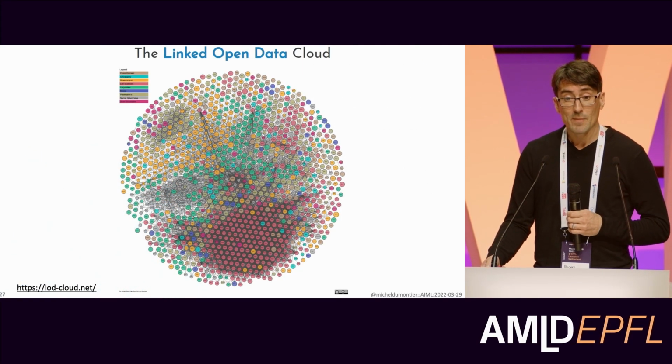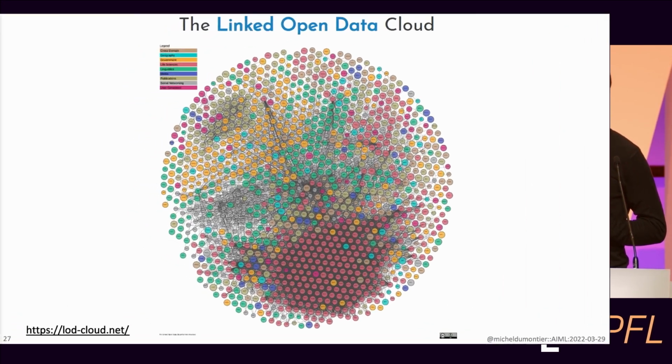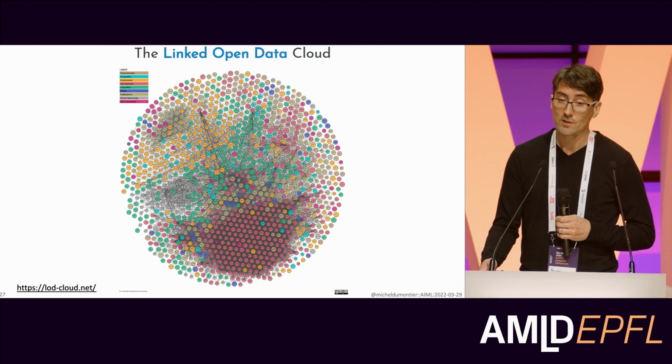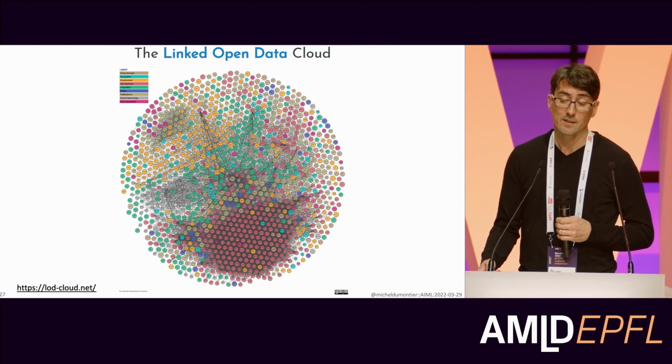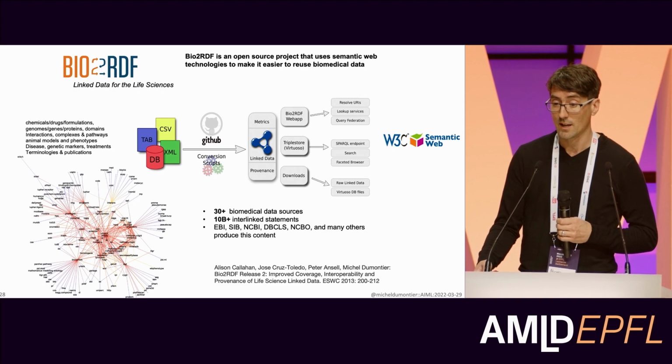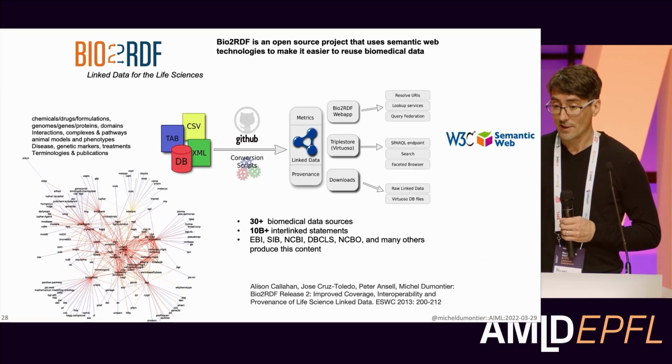And so together with many communities, we have been creating this linked open data cloud. Each of these circles are data sets, and the edges between them are relations across those data sets. They span many different domains, including the biomedical domain, which is in the bottom right-hand corner. These comprise ontologies and terminologies, and also data sets that we and others have put out on this linked open data cloud. One of our projects is called Bio2RDF.